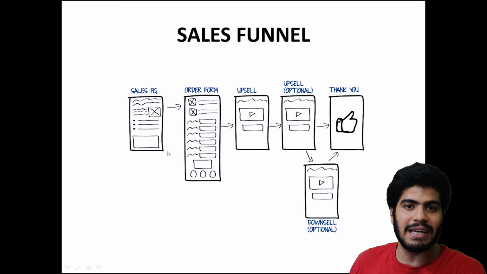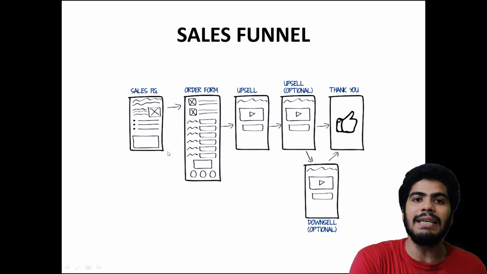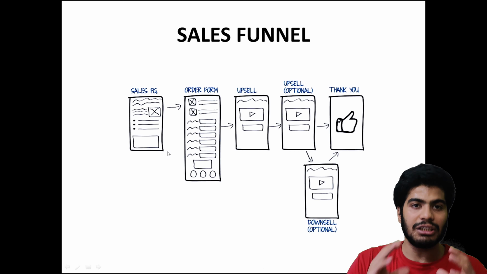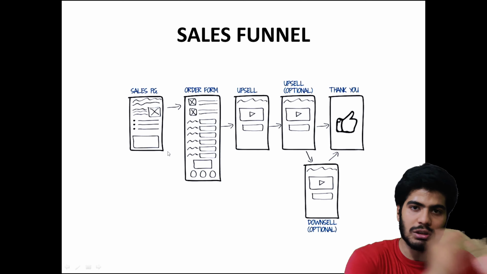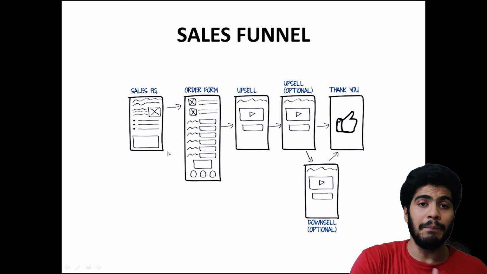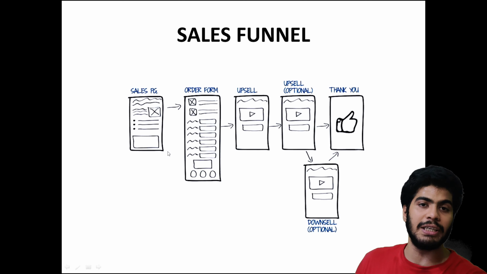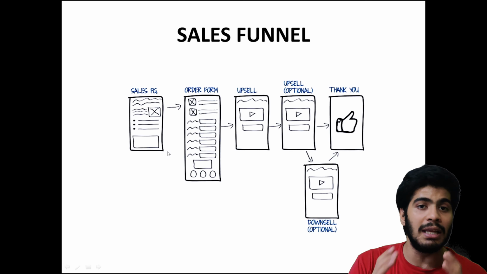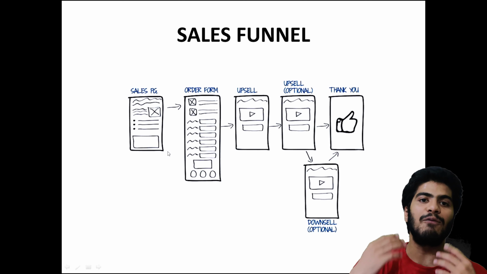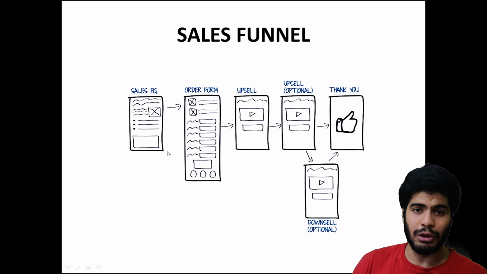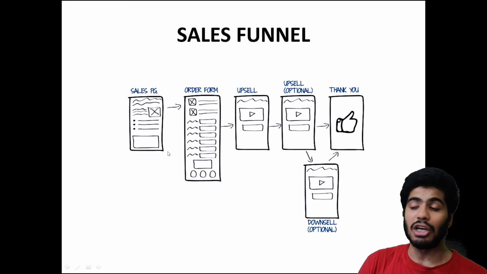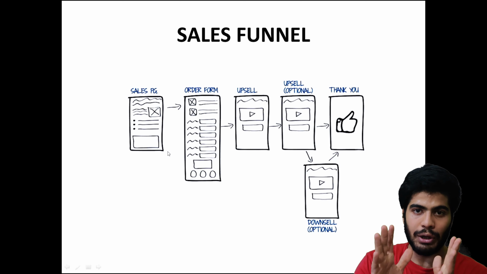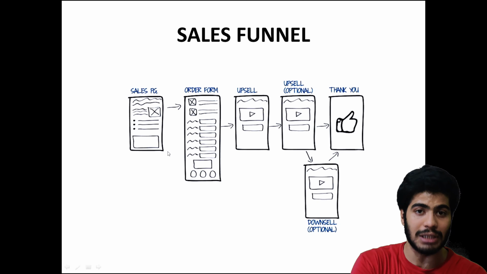So we are not getting anything from all those 99 people, right? But when we use a sales funnel, even if those 99 people are not buying from us, they are still giving us their email address, which we can use in the future to sell them a different product. Maybe tomorrow, maybe next month, maybe next year. But we have their email list, which we are going to have for the rest of our life, and we can use that. On the next page, after we collect the emails, we are going to show them the product which we want to sell. Only a single product at a time, right?